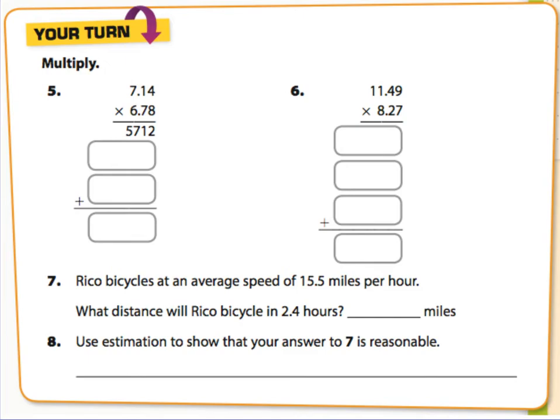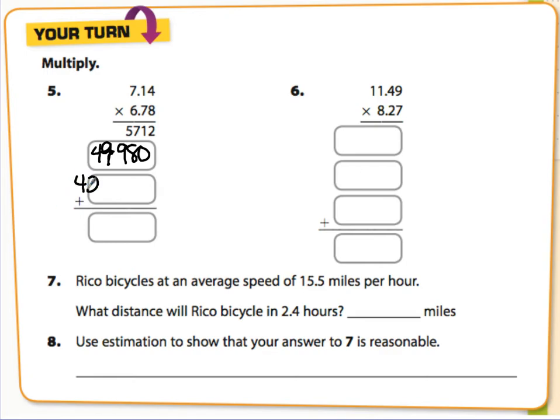All right, so let's go ahead and do these your turn problems. I want you to try them on your own, and then when you come back, we'll check your answer. All right, so here we go, checking that work. So we have 7 and 14/100ths times 6 and 78/100ths. And in your boxes, you should have gotten 49,980. I shouldn't have lined it up like that. That's really hard to read. So then it's